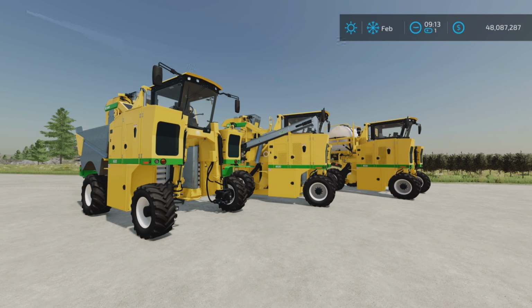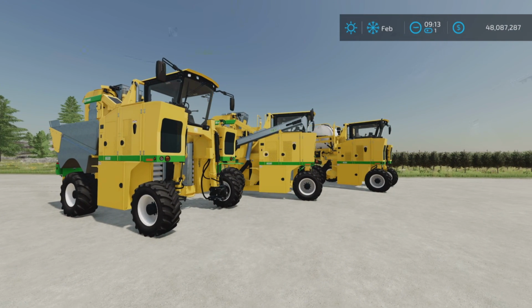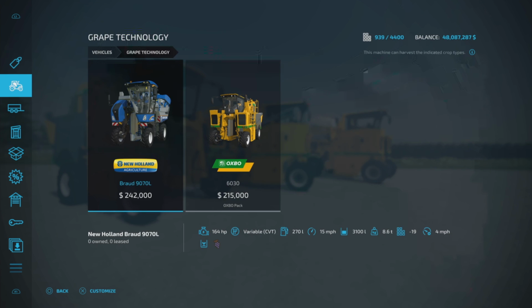Now, this video will consider this. It's a grape harvester, at least in one of its configurations. And let's find it under vehicles and grape technology. There it is. The 6030,